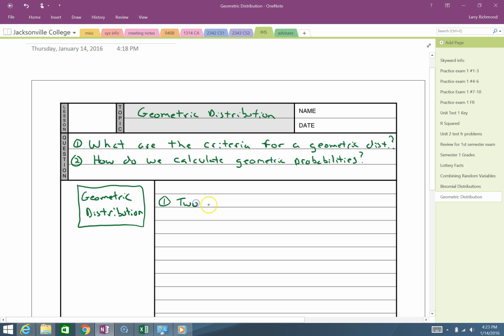1. Two outcomes. 2. The probability of success is constant. And 3, the trials are independent. These three criteria